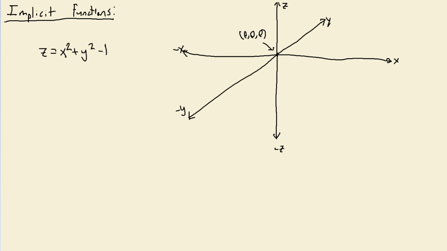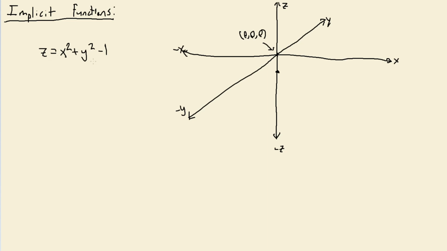So this might look intimidating at first, but what will happen when x and y are equal to 0? Well, z would just be equal to negative 1, so we can plot that on this point. It would be something like this. And now we can think, what happens when z is equal to 0 and x is equal to 1, and